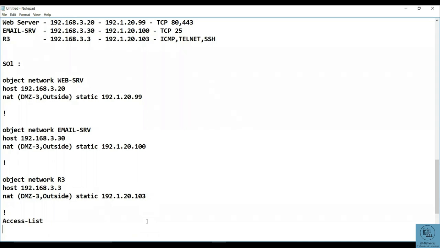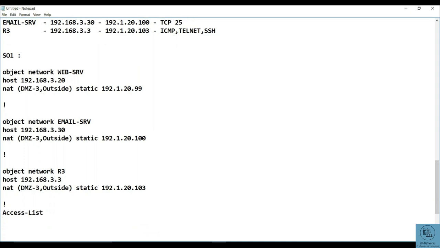Now, the first access list is for the web server, right? Allowing any public users to access my web server on port number 80 and port number 443. On the ASA, how should I add the access list? Yep, a name. That's outside, because traffic is coming from outside. Permit TCP any host